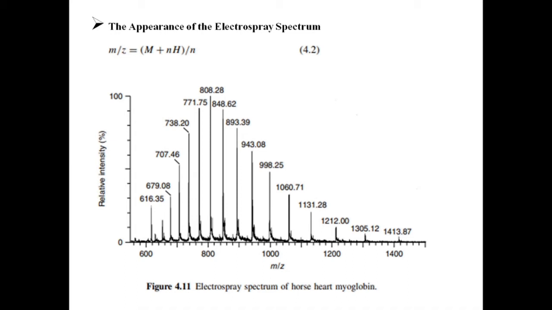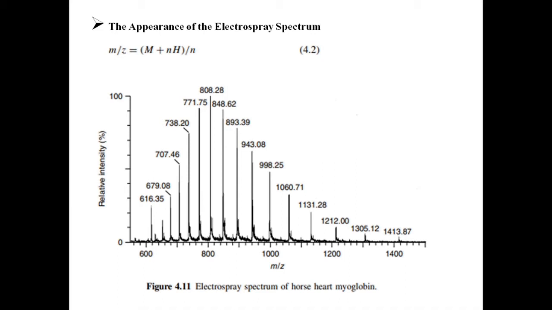An electrospray spectrum is unusual in that while it provides only ions from molecular species, it consists of ions at a number of mass to charge values. That is, it appears more like an electron ionization than a chemical ionization spectrum, with the number of these ions increasing with the molecular weight of the analyte.